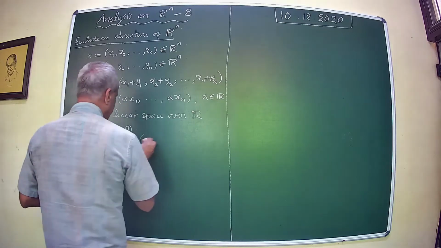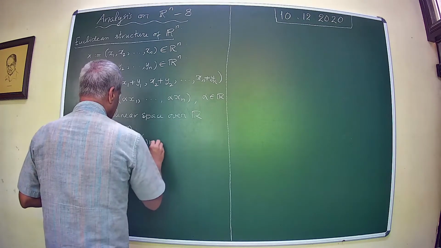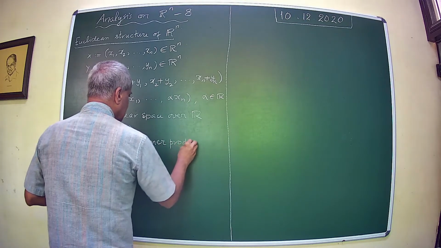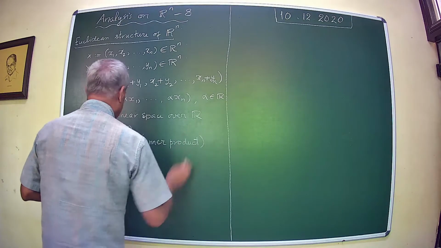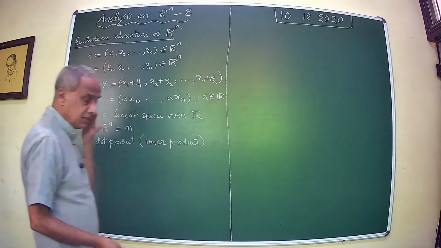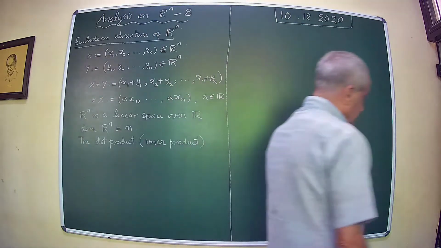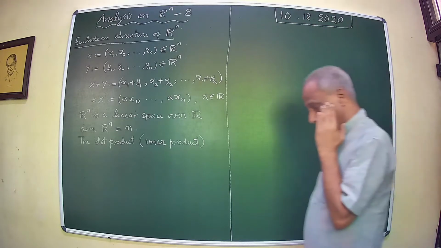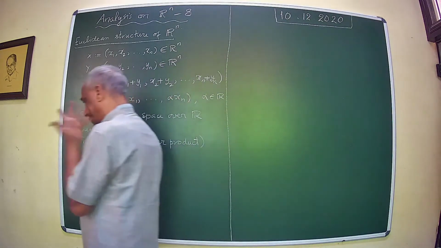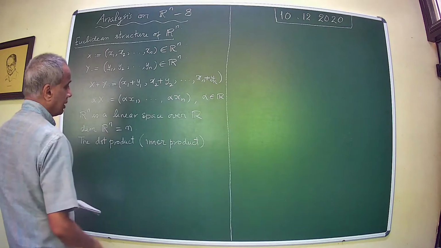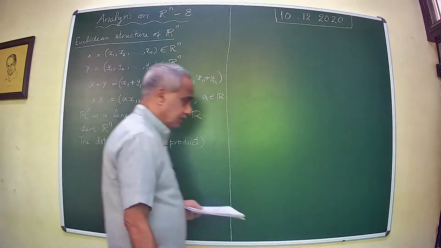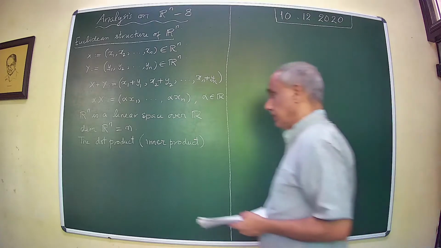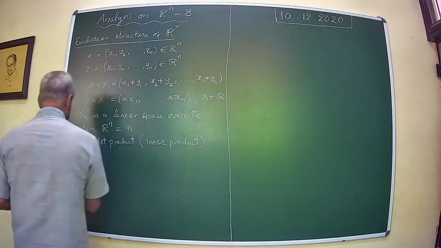Later we will see this as the prelude to introducing what are called inner products on vector spaces, and talking about inner product spaces, Hilbert spaces and so on. So it is defined by